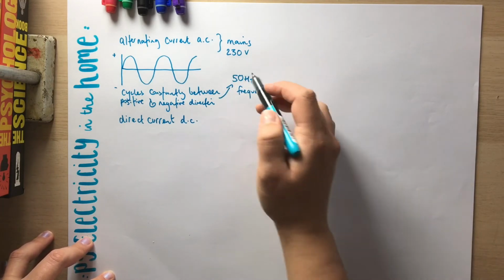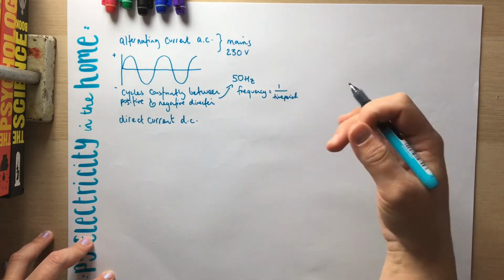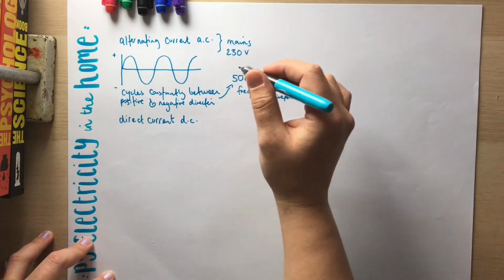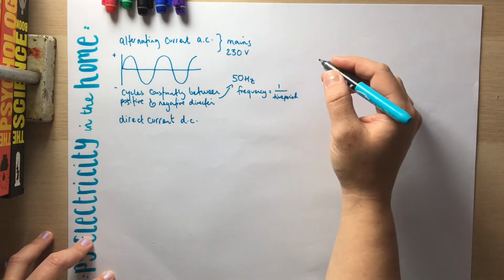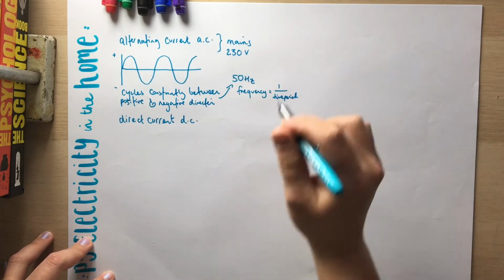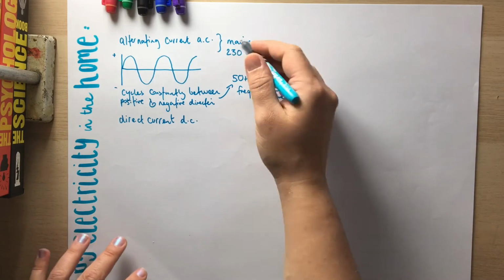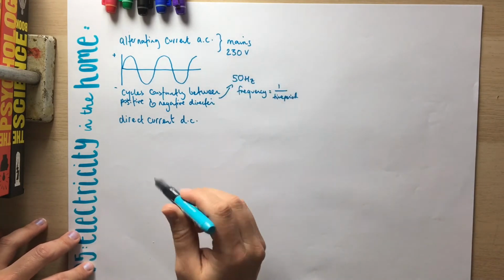So try and get into the habit of whenever it says mains electricity in a question, underline or highlight it, whatever your strategy is for picking out key terms, and just try and get into the habit of annotating next to it 230 volts every single time, so that you're reminding yourself that that's what the value of mains PD is in the UK. So direct current,